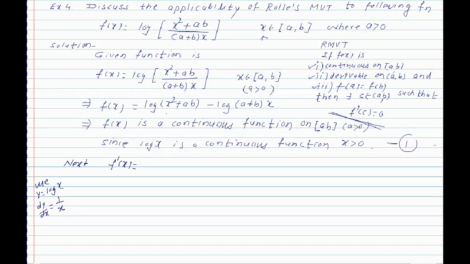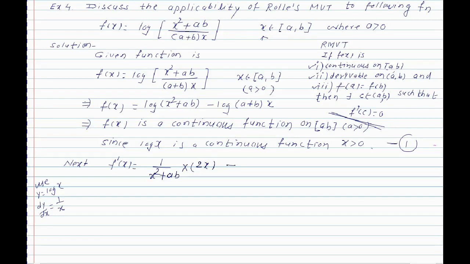So the derivative of log of (x square plus a into b) is 1 upon (x square plus a into b) into the derivative of x square plus a into b, and the derivative of x square is twice x, a into b is constant, so its derivative is 0,